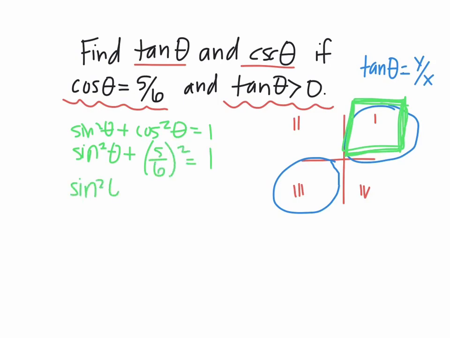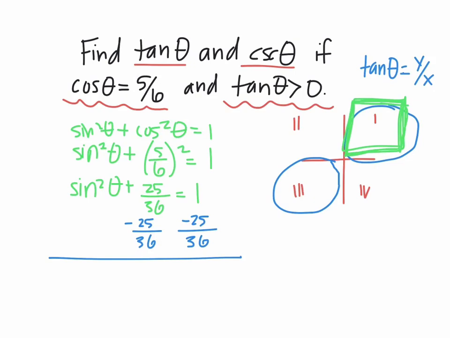So I'm just kind of working this down. Remember, we can square the top and square the bottom. And I'm going to subtract 25 over 36 from both sides. 1 is the same thing as 36 over 36. So I'm going to end up with sine squared equals